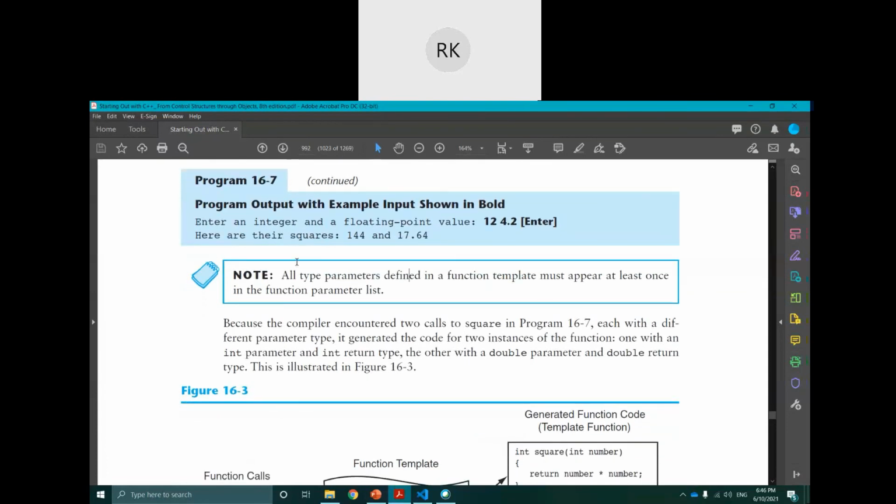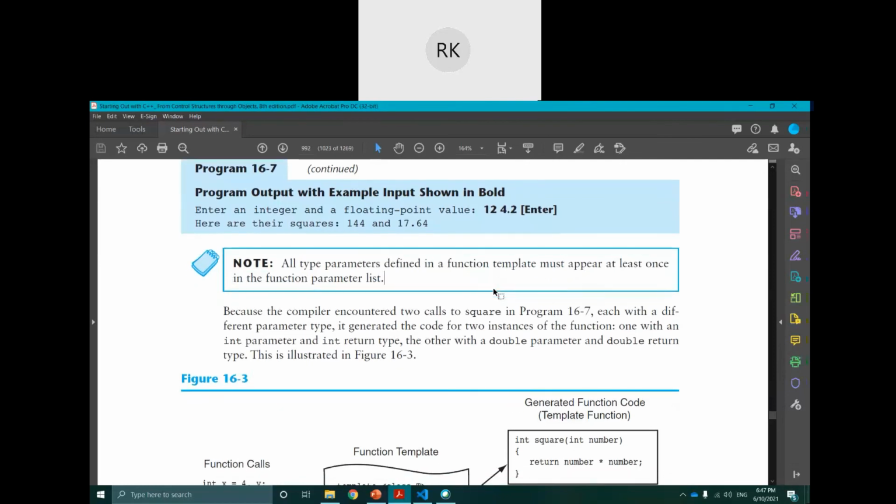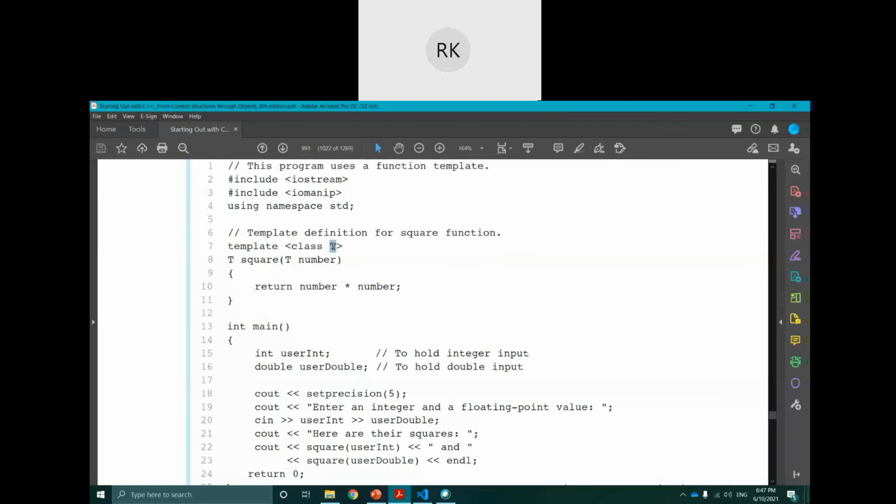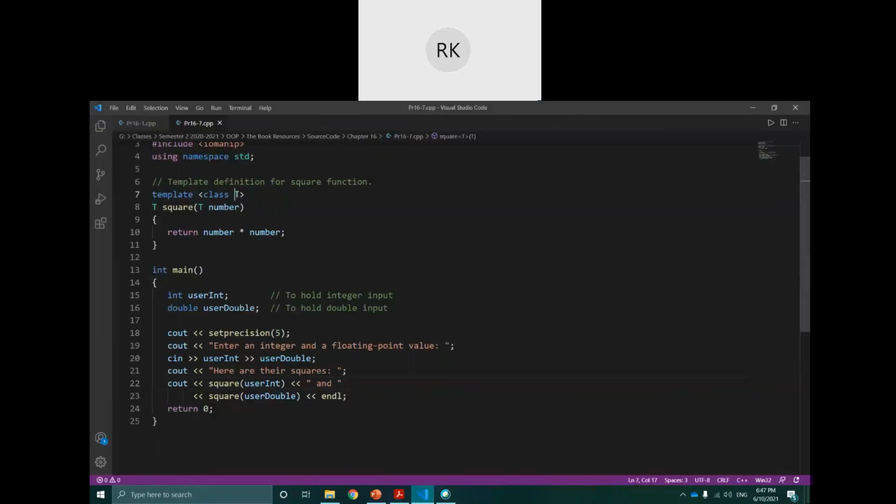You see, all the parameters defined in the function template must appear at least once in the function parameters. It means that the T that we represent must be there in the function template definition. Like you see, if you define T here, then T must be here, and T must be here. If you replace this with, let's suppose, A, and later on you use T here, it cannot work.